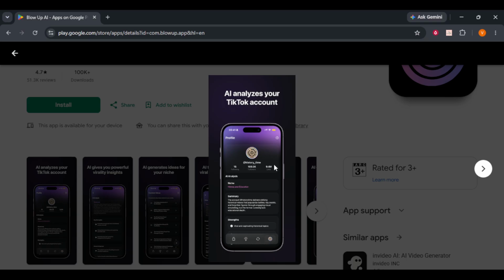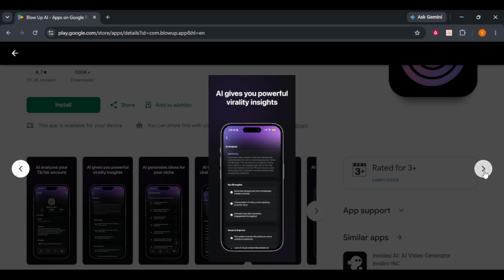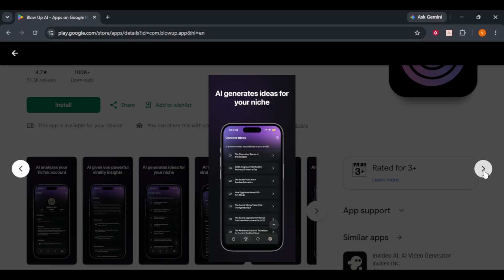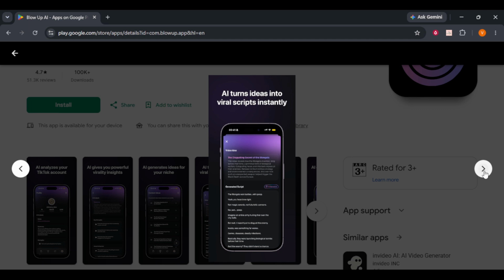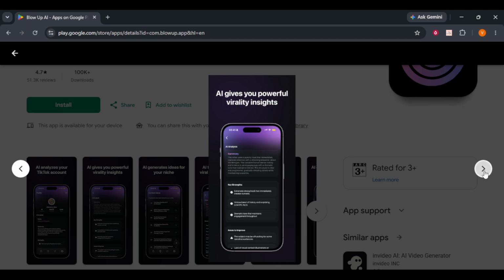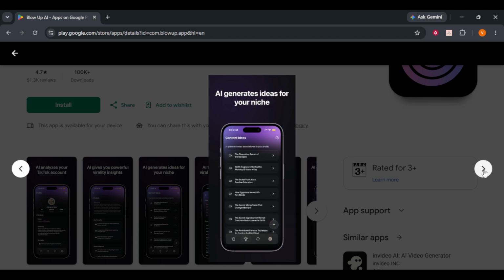or overprocessed. To get started, you simply open the app and tap the large Upload button to select a photo from your library. Once your image is loaded, you can choose from different enhancement models depending on whether you are working with a portrait, a landscape, or even digital art. I recommend trying the Ultra Clear mode for most photos because it provides the best balance of sharpness and natural